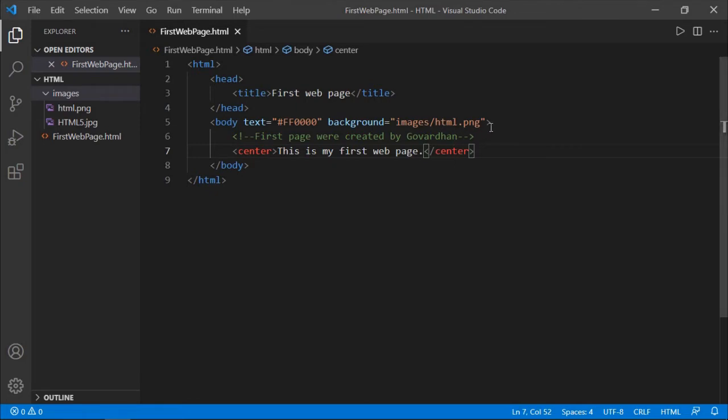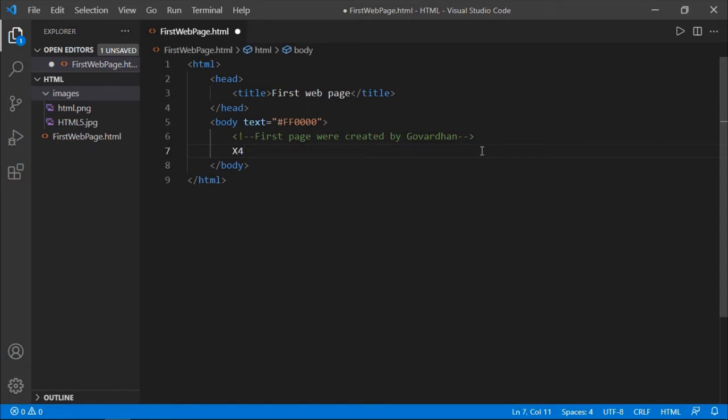Now the other tags are the sup tag, which stands for superscript, which is used to display characters in exponential format. For example, I would like to display x power 4.